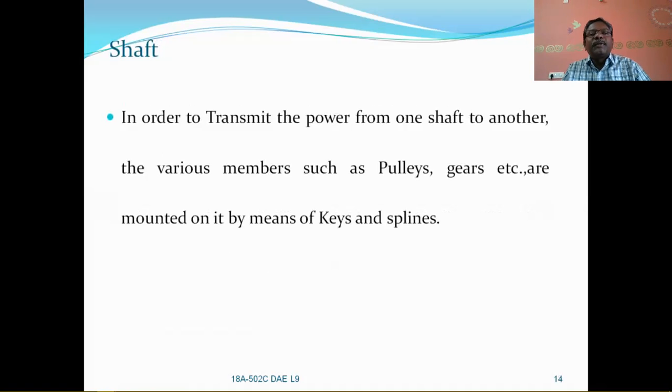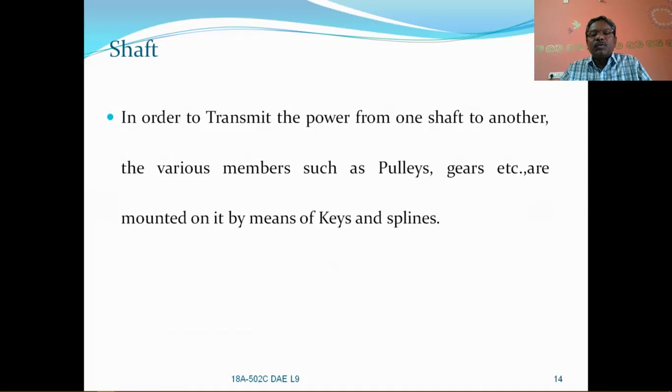So, in order to transmit the power from one shaft to another shaft, the various members such as pulleys, gears, etc. are mounted on it by means of keys and splines. That means these keys or the splines are used to prevent the relative motion between the pulley and shaft. The keys or the splines are used while mounting the gears or pulleys,